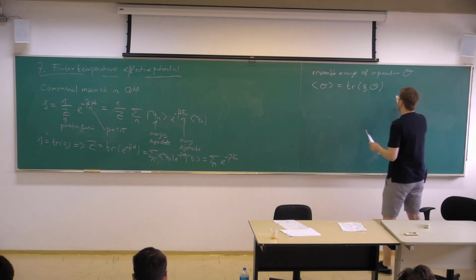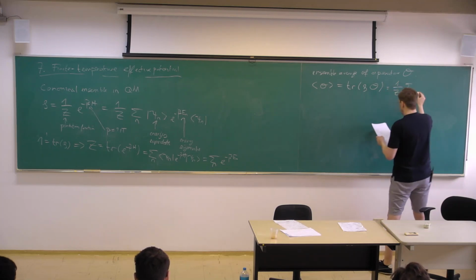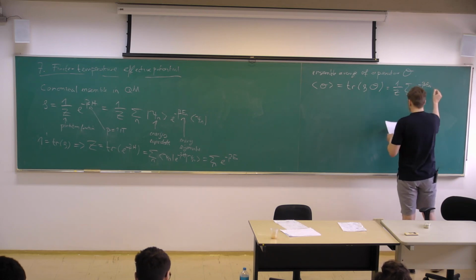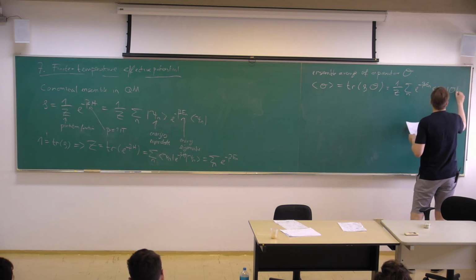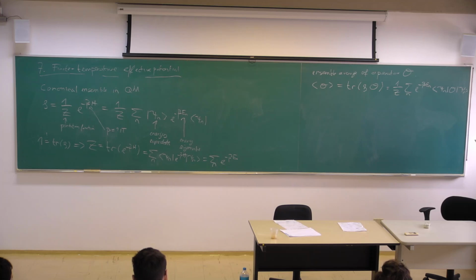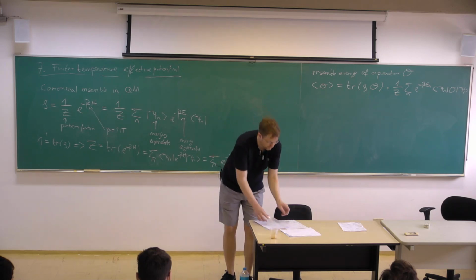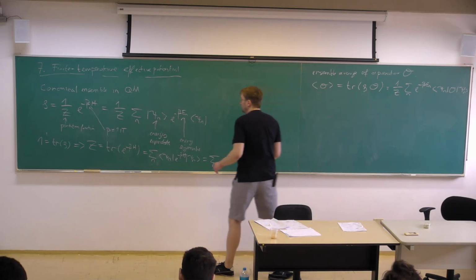And then if I evaluate it, it's 1 over Z, the partition function. It's all familiar, right? Okay. So this was quantum mechanics, but now, of course, we are interested